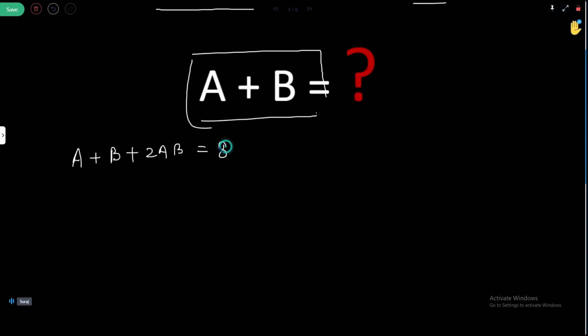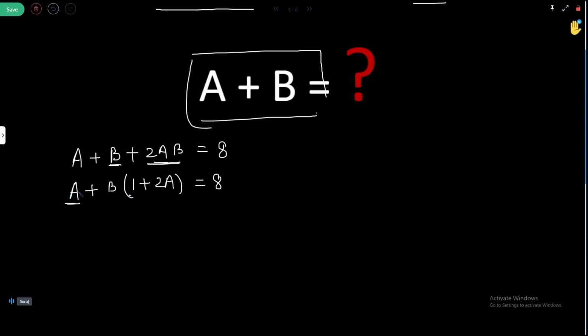Now start with the question. If we find a factor between the second term and third term, here you can see a plus, if you take b as a common factor, then here b(1 plus 2a) equal to 8. You can write this equation, just rearrange it. Here you can see 1 plus 2a is a term, and here only a.